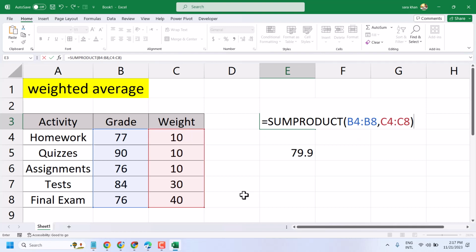Now slash and SUM, select it and select this one and closing bracket,